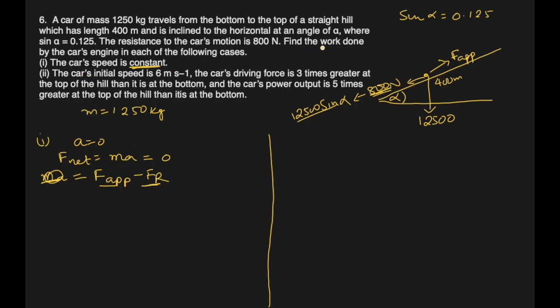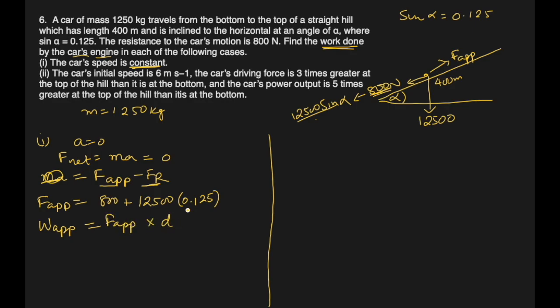So they are asking to find the work done by that applied force. Okay, so first let's write what the applied force is. It will be the sum of these two resistive forces. So 800 plus 12500 sine alpha, which is given as 0.125. These are the forces. And if we want to find the work done by the applied force, that's what they're saying, right? Work done by the car's engine will be the applied force